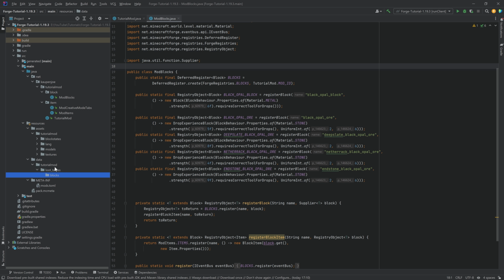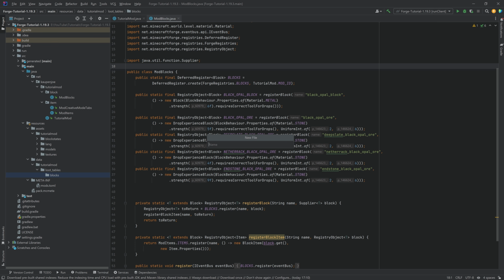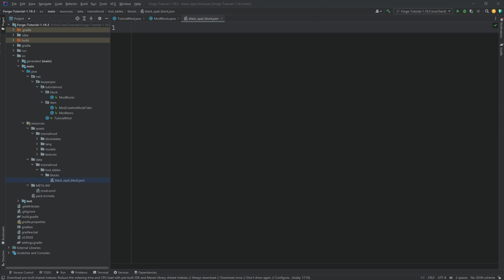Now, it's extremely important that this directory is written correctly. And you have data, tutorial mod, loot_tables, and then blocks, this time in plural. And when it comes to loot tables, they can be quite complicated. So let's just first of all create a new file over here. And that's going to be the black_opal_block.json. Now, for the sake of argument, I will be actually copying over the JSON file, the contents of it,